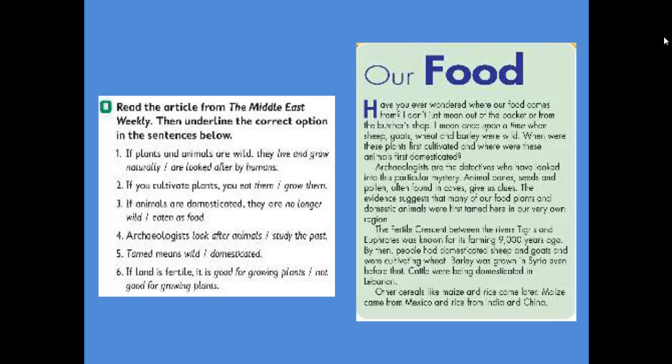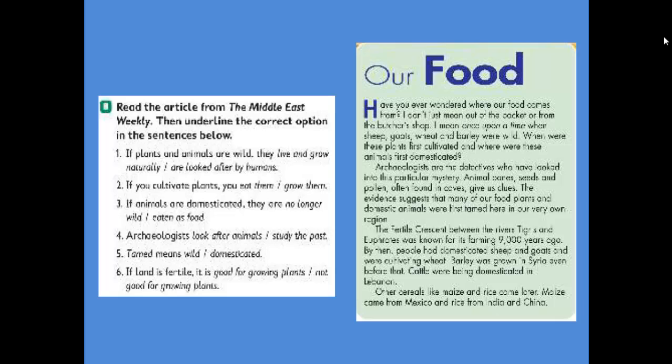The evidence suggests that many of our food plants and domestic animals were first tamed here in our very own region. The Fertile Crescent between the rivers Tigris and Euphrates was known for its farming